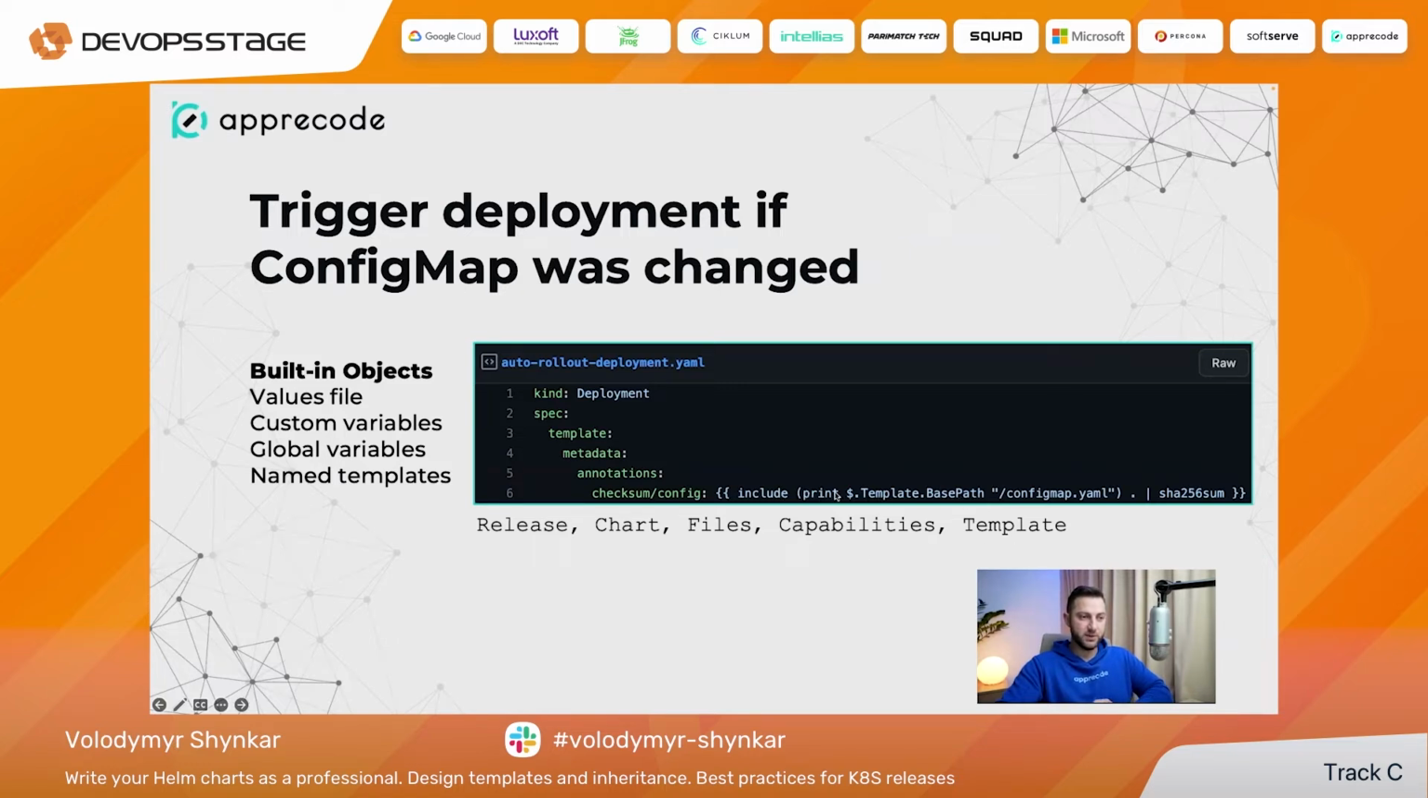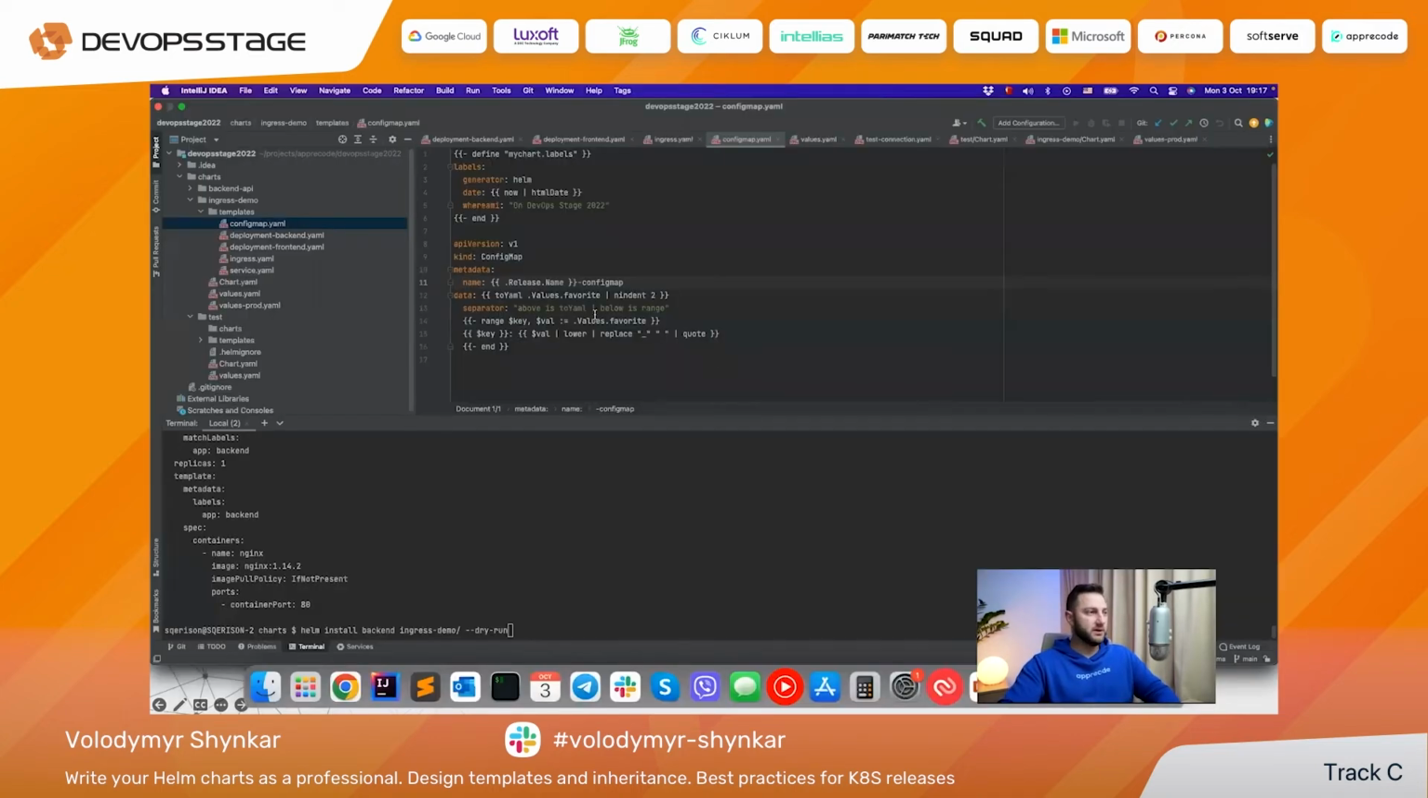As you can see here, we have a configmap.yaml, and probably you have a deployment file, and the config map is often used as some configuration file for your application, right? Where you keep some changes or something like that. And if you update the config map, the deployment will not be triggered. And if you want